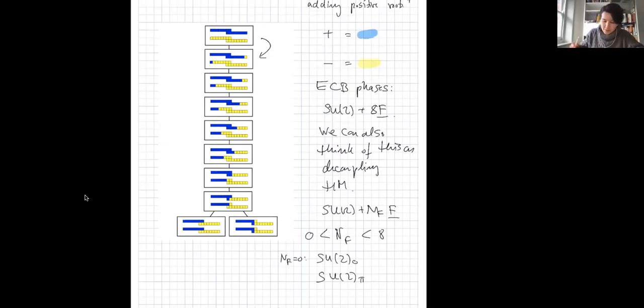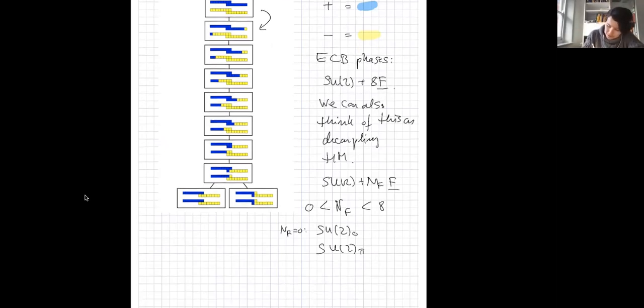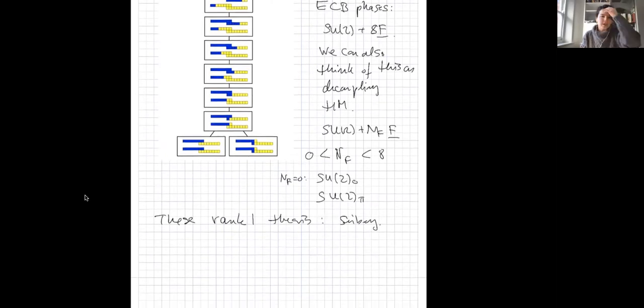Now, this is so far just IR gauge theory physics. And these so-called rank 1 theories are called the Seiberg theories. And you wouldn't attach the name Seiberg to these kinds of theories if they hadn't gotten some more interesting properties. And in fact, indeed, the conjecture, the claim is that as we go to g goes to infinity, we go to the UV, these theories become interacting fixed points. So these are non-trivial